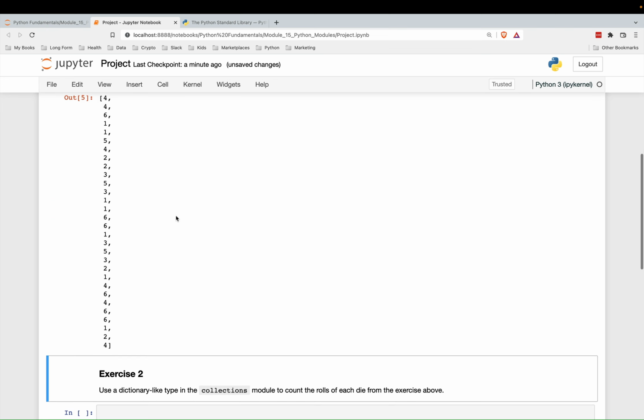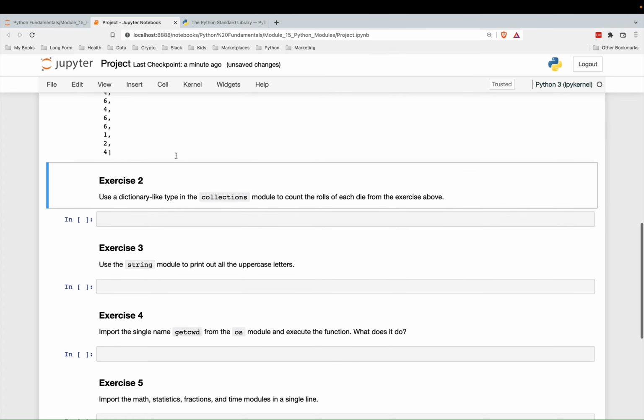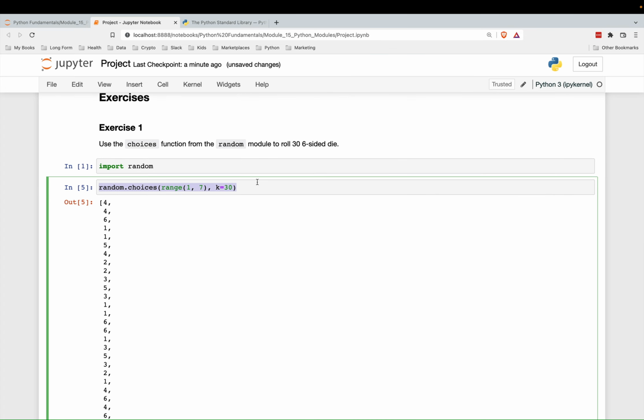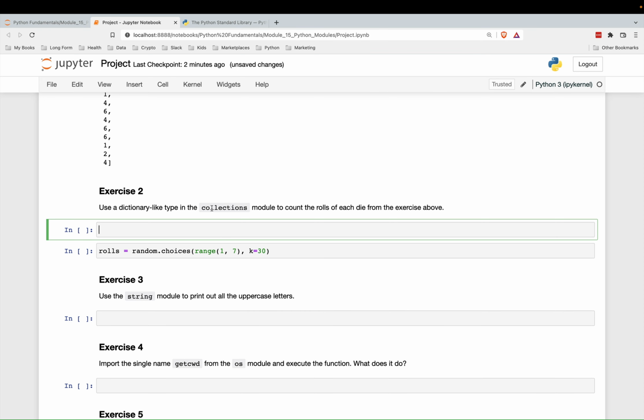All right, number two, use a dictionary-like type in the collections module to count the rolls of each die from the exercise above. Okay, so we need these rolls. So I'm just going to copy this, and I'm going to assign it to a variable. Now, let's actually do this up here. So you might not be familiar with this. We did cover it during the